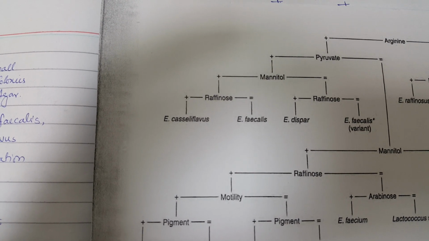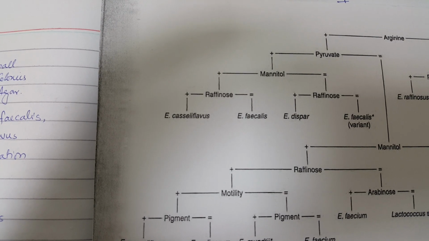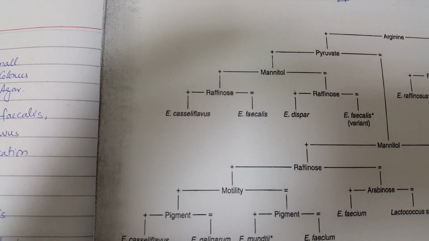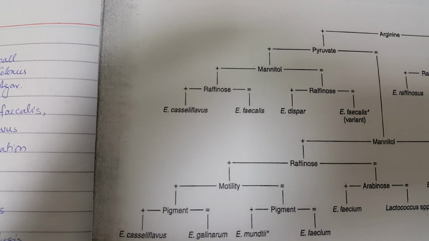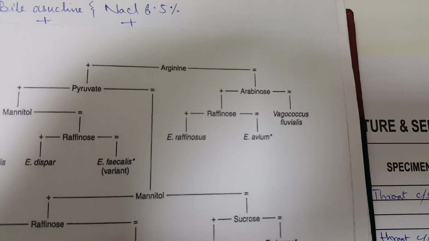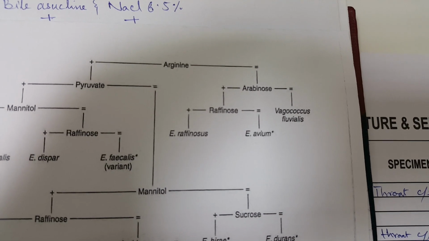If we examine this chart, we can find that this entire group can be named as pyruvate positive organisms, which are further differentiated on the basis of mannitol and raffinose. Now, among the arginine negative species, which are further tested for arabinose and raffinose, which